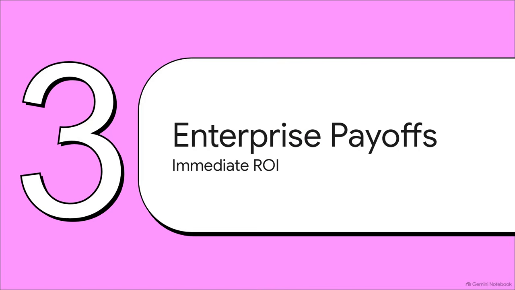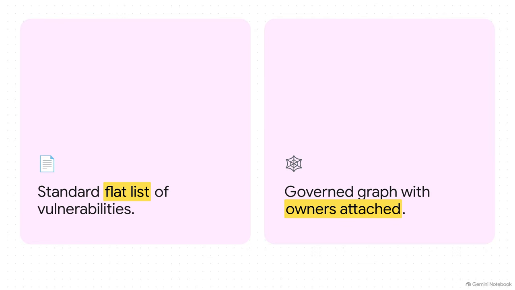Let's move to Section 3, Payoffs in the Enterprise Estate. How does this actually generate return on investment? Consider the immediate payoff for a massive Maven dependency estate. A standard scanner output just gives you a flat, overwhelming list of vulnerabilities. But when you parse that estate into the tower, it becomes a fully governed graph. Transitive vulnerabilities can suddenly be prioritized by ownership, blast radius, and remediation cost, rather than requiring a team to manually re-triage a flat list. The vulnerability sweep simply becomes a targeted query with the actual owners attached.